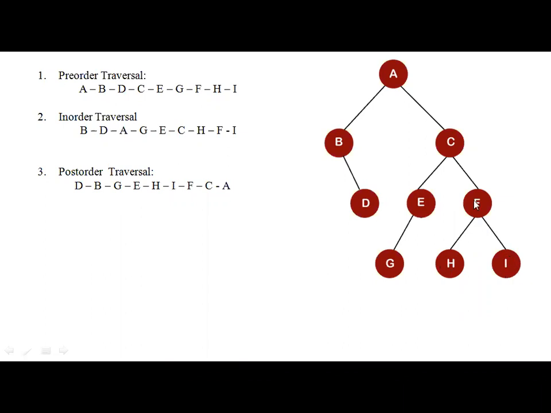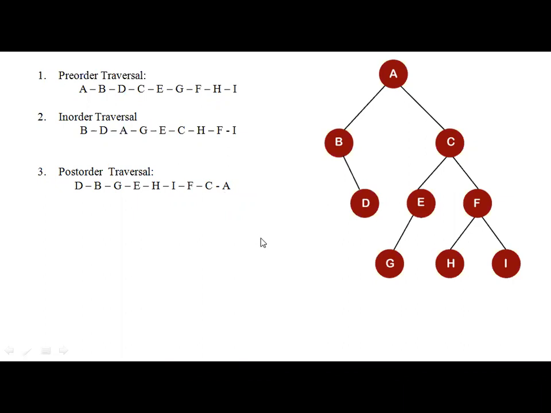Left to right, then go to its root node F is visited. Okay, now see here, left to right visited, then go to its root node C is output. Now coming to C here, now this is left, right. Now visit its root. A is the root right here. Now if you observe this pre-order, in-order, post-order traversal, in pre-order traversal, the first node is the root node. In post-order traversal, the last node is the root node.